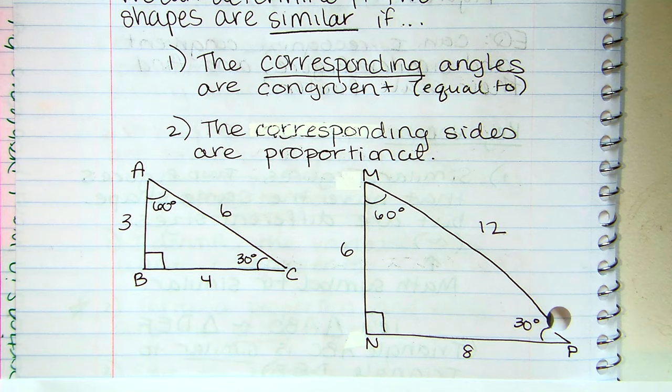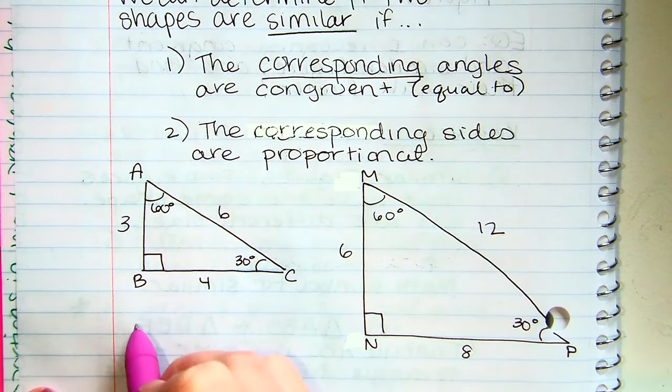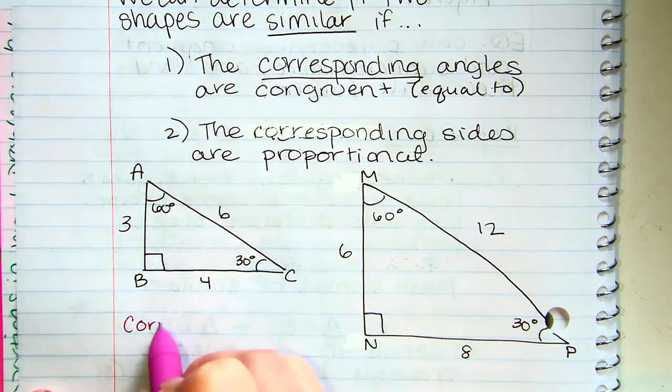Now when we take a look at these two figures, our ultimate goal is to determine if they are similar. That is our task. So what we're going to do is first begin by identifying the corresponding angles. Now once again, our corresponding angles are angles in the same location on each figure that are equal to each other. So when we take a look at our corresponding angles here,